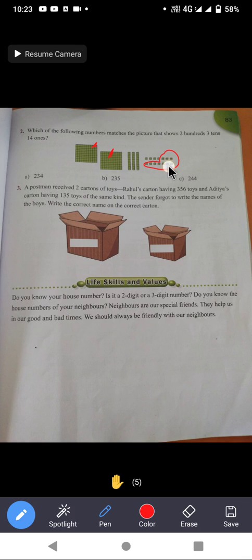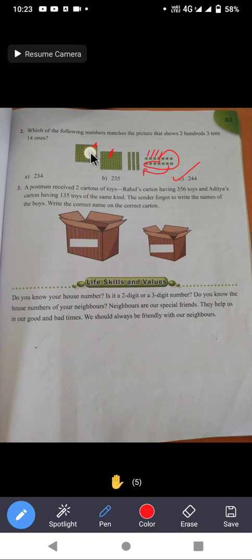So it will add in this. So here we will have 4 tens. 3 tens are already there and 1 ten comes from this side. So 4 tens. So 200 and 4 tens is 40, so 240. And how many ones will be left? 1, 2, 3, 4. So 244 will be the correct answer.